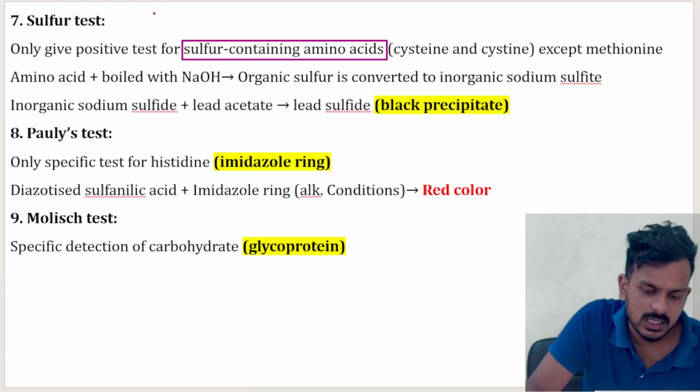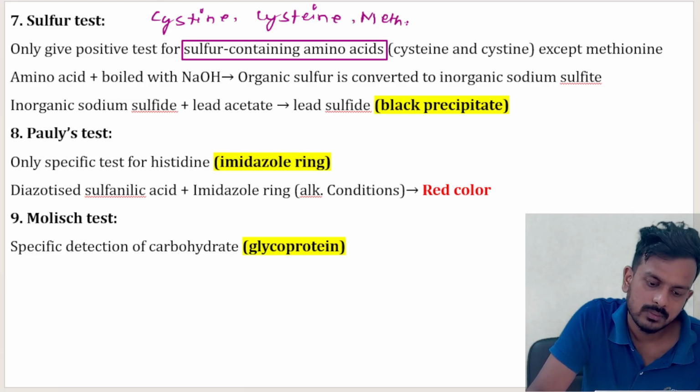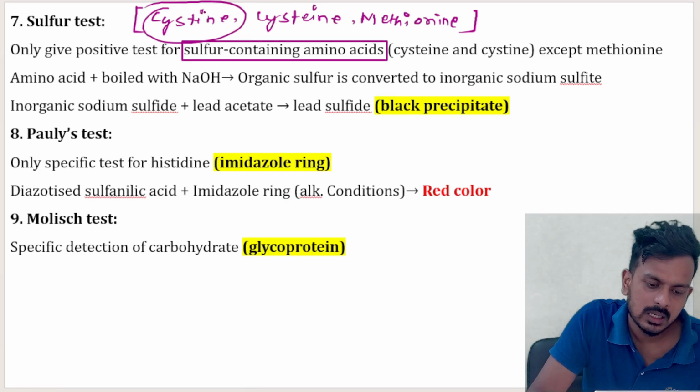What are these three amino acids? One is cysteine, another one is cystine, and third one is methionine. So this sulfur test is for the detection of two amino acids, that is cysteine as well as cystine,